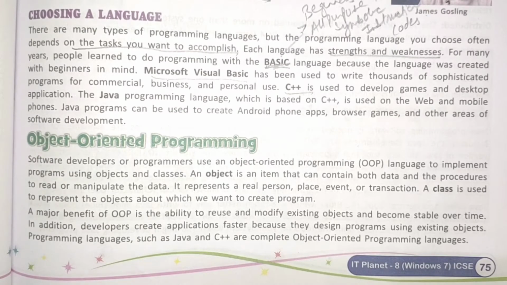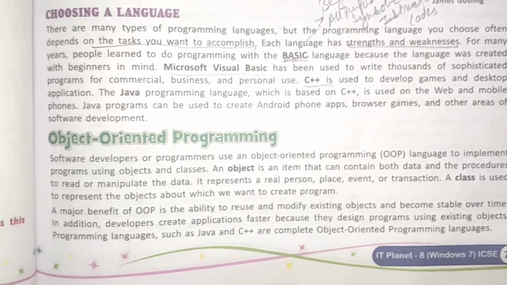For example, in a school library, there are some objects like book and student. And what will be the process there? Book issue, book return. Now, the object-oriented programming language approach allows the programmer to create variables like book, student, and it will also allow you to mention the date of book issue and the date of book return. Whenever we learn about object-oriented programming language, we will always concentrate on objects.